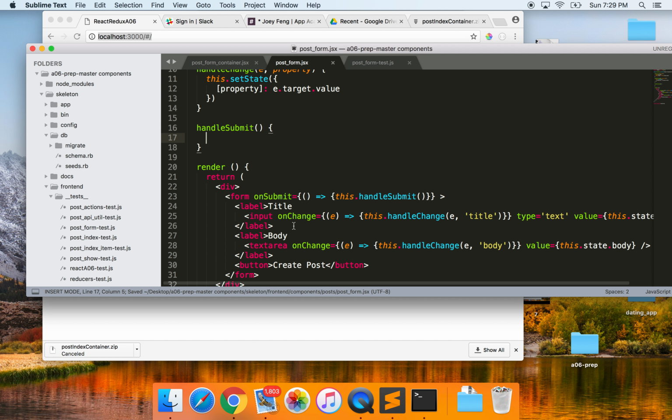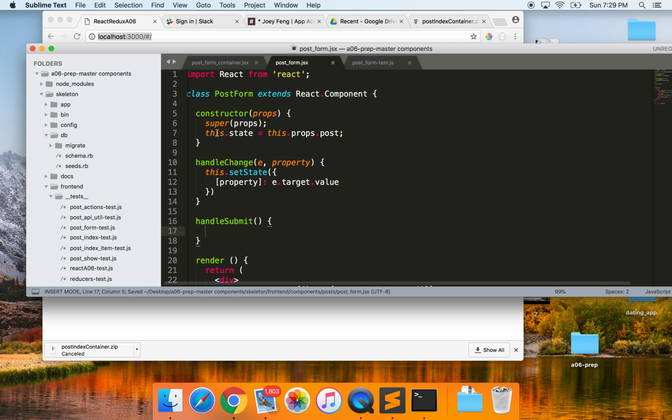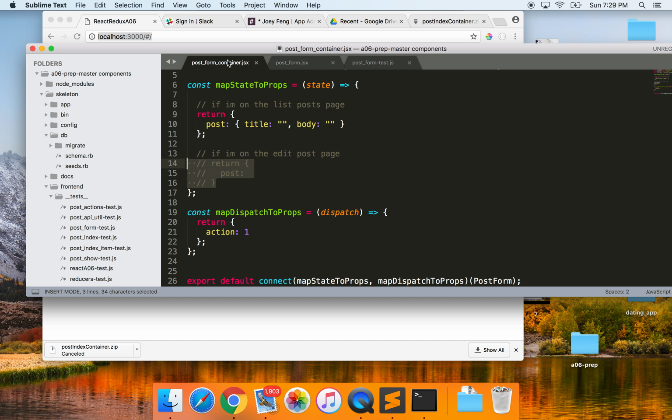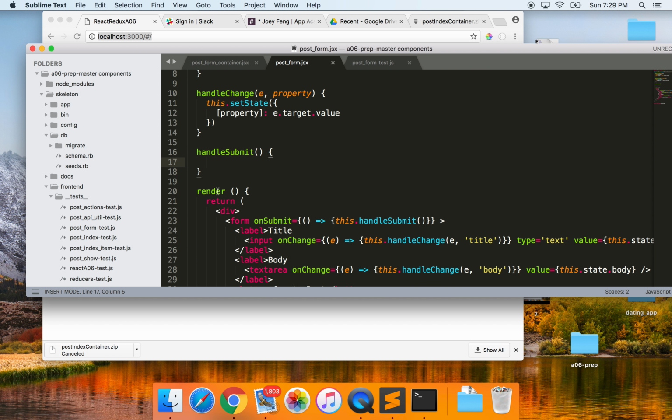And what this is going to do is it's going to get the current state of our input elements, like our input and text area, and it's going to dispatch that action. So let's just say for now console.log I am creating a new post with